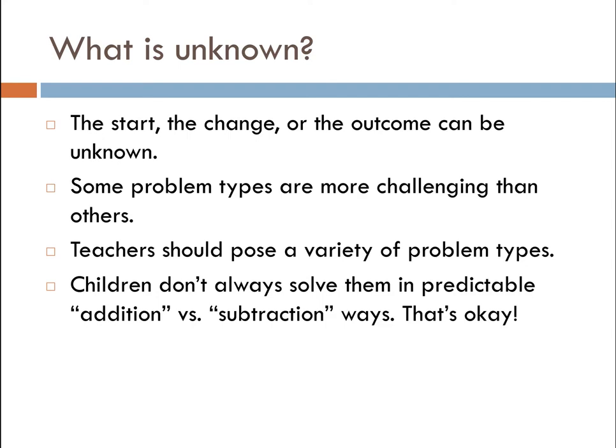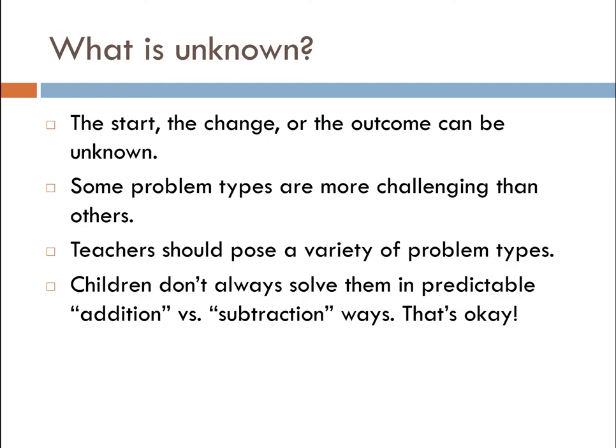And you can also consider what is unknown. Not always is the outcome unknown, but sometimes the start can be unknown, sometimes the change can be unknown, right? So you need to consider what is unknown in this joining problem or separating problem. Some problem types are more challenging than others. You need to acknowledge that. Teachers should pose a variety of problem types so students get used to solving those problems, not just by